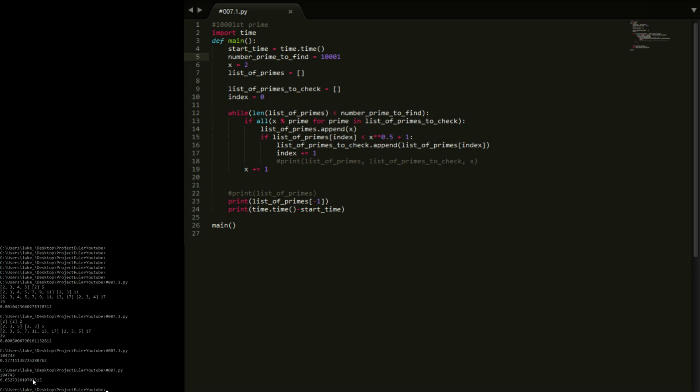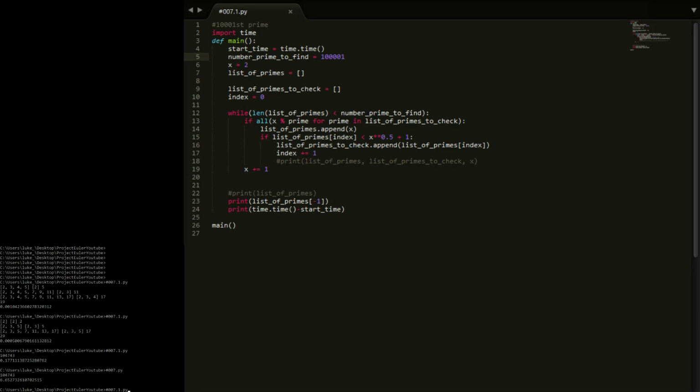Yeah, there we go. So we've dropped our computation time down by like what, a tenth, less than a tenth. It's like a 60th of the time. So yeah, just adding this one change, adding in a list of primes to check, and hopefully this makes sense. I haven't actually explained this very well at all, but if you want to improve on the solution to 7, then this is probably the way to do it. So now I can do things like